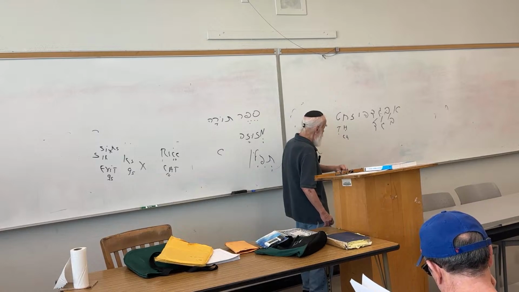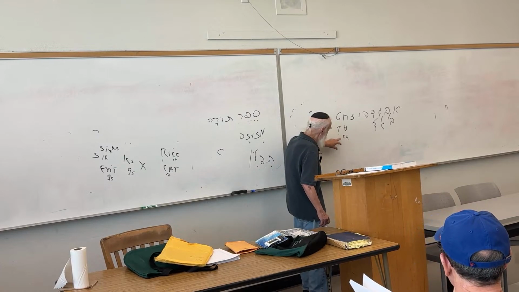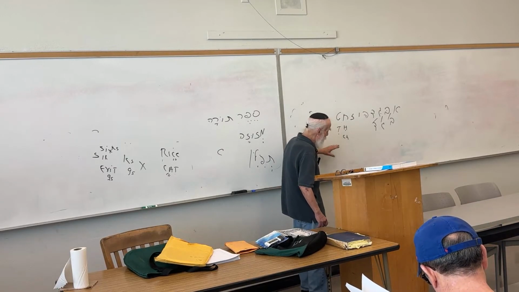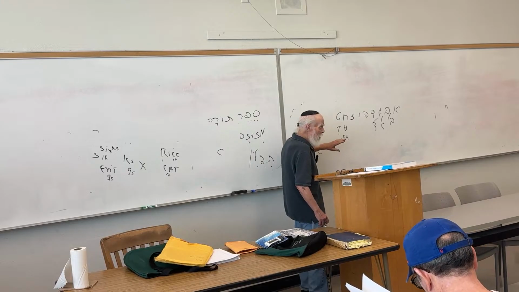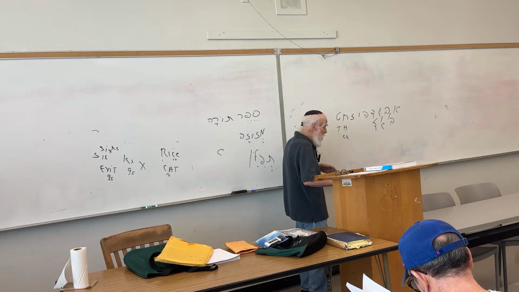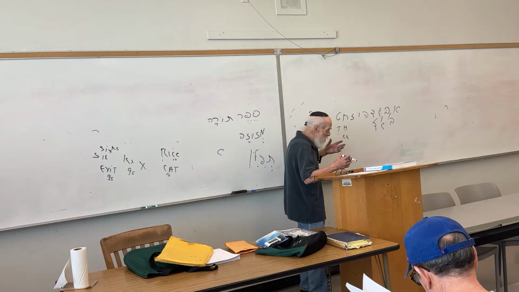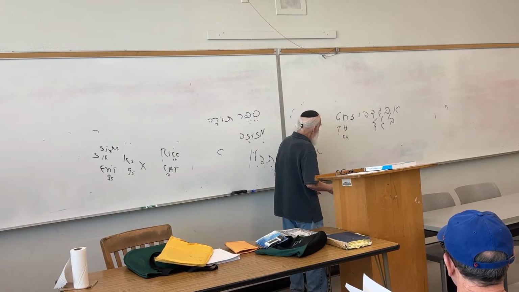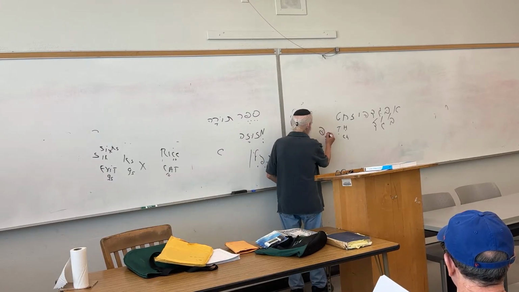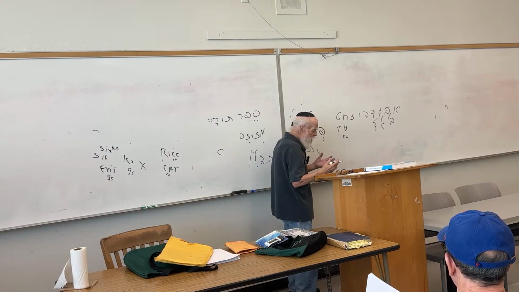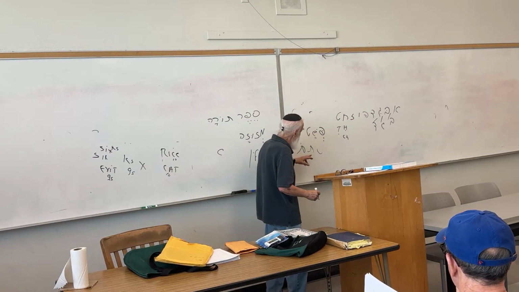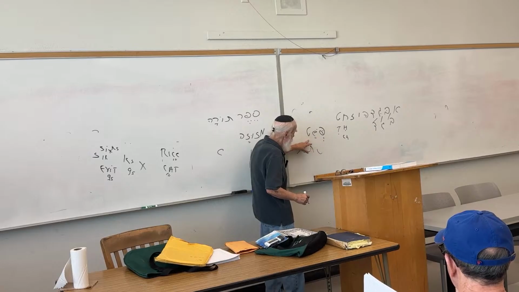So she puts a T there. I want you to put a T with a dot under it. That's called a Tet letter. And there are words, common words in Hebrew, which are spelled with the Tet and not with the Tav. The more common one is the Tav letter, but there are words with a Tet in it. For example, the word Peshat. When I give you a lesson, I am giving you a Peshat, the basic essence. Peshat is spelled with a Tet at the end, not with the Tav at the end.